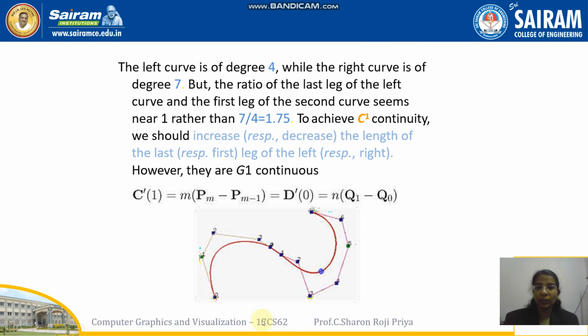So this is the example they have given. For the left curve, what is the degree? Number of control points minus 1. So here the degree will be 4: 1, 2, 3, 4, 5. So this is the junction for both the curves. For the next piece, it starts from this point because this is the junction point for both the curves. So 1, 2, 3, 4, 5, 6, 7, 8. 8 minus 1 is 7. It is 7. 7 by 4 is equal